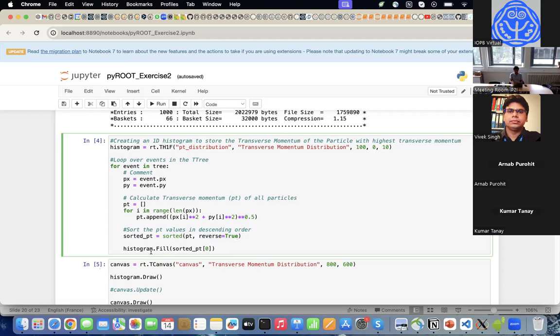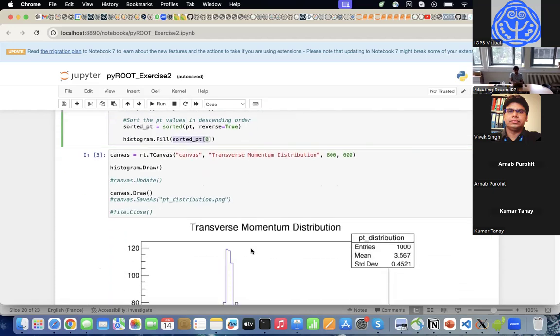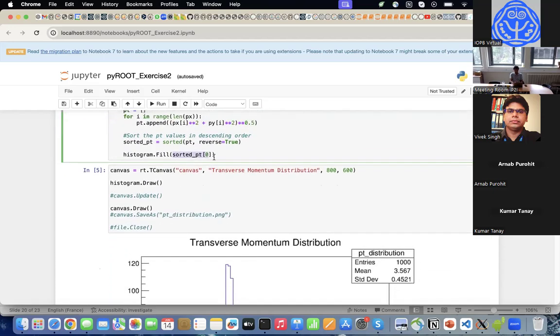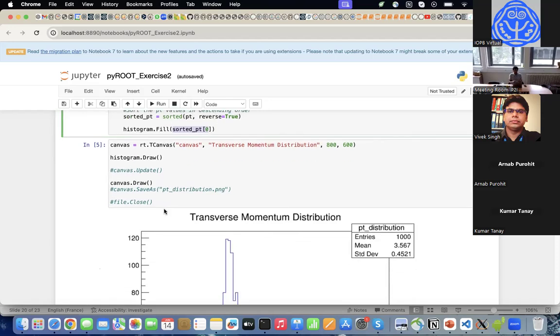So we do histogram.fill, and that's how we fill a histogram. And we are filling the first element of this sorted PT list. So basically what we are trying to do here is to fill the leading PT, the PT of the leading PT particle or highest PT particle. And then if we want to display that, again, there is a class in ROOT, which is called TCanvas,